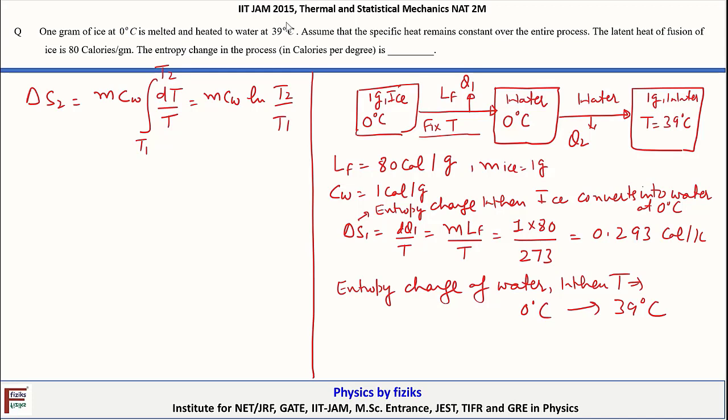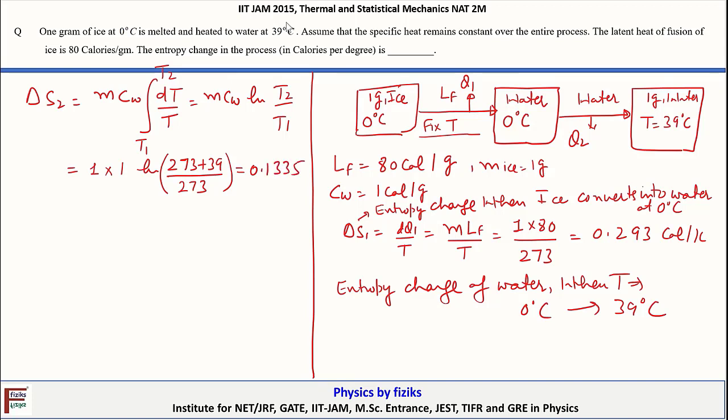Here substitute the values of the corresponding quantities. M is 1 gram of water, the specific heat is 1 calorie per gram for water, and then ln T2, which is 39 degrees Celsius, so this is 273 plus 39 in Kelvin, divided by T1, which is 0 degrees Celsius, that is 273. Remember that whenever you do the entropy change calculation, don't forget to convert the temperature into Kelvin, otherwise you will not obtain the right answer. After solving, this will come out to be equal to